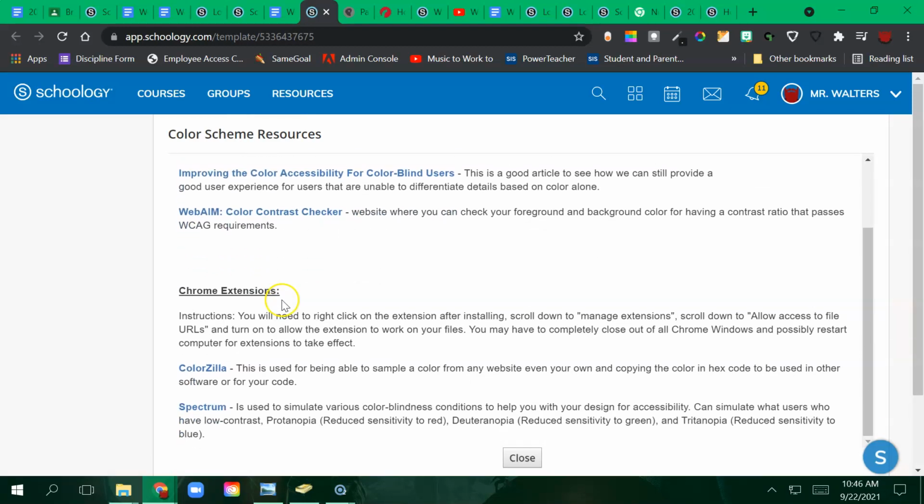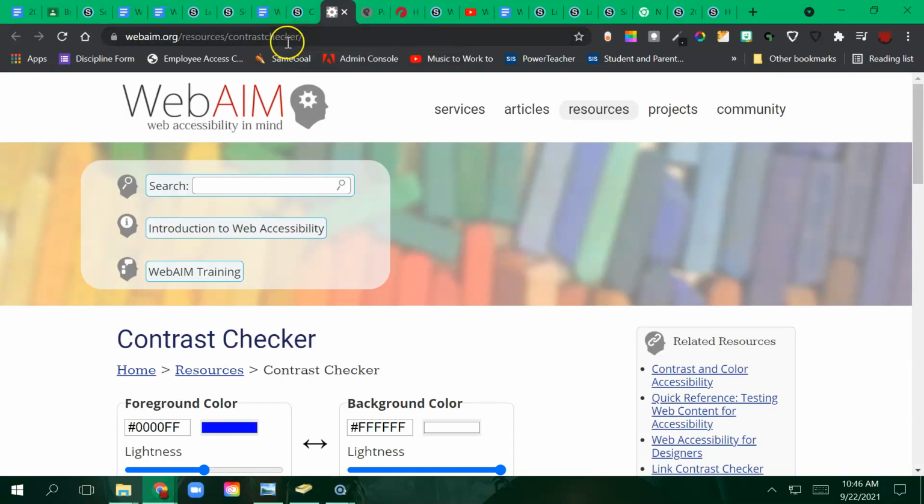Now there are some extensions. They may or may not work by the time you guys are using this. Colorzilla does allow you to pick colors from websites and things that you like. Spectrum allows you to see what certain pages look like when we remove the red or the blue or the green, or we lower the contrast to see what it would look like if somebody was colorblind. And that is useful for you to check things. So I do want to do the WebAIM though. Okay, so